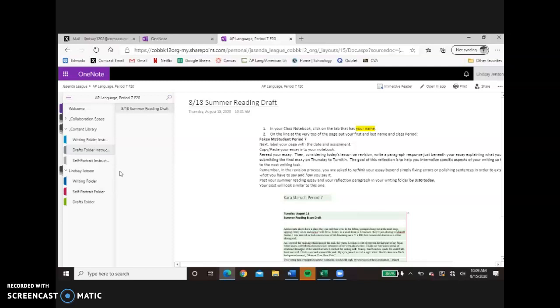Where in the content library you have a folder indicating the instructions, if you're writing for the draft for the day, then you're going to place your assignment in the drafting folder, right? So you should see the corresponding folder from the content library in the section underneath your name. So since our first writing assignment is the summer reading draft in the drafting folder, you're going to click on the drafting folder